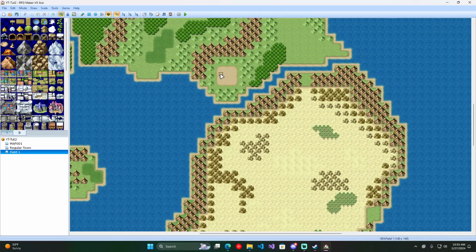And yeah, that's pretty much how you use VX Ace, and really honestly, any of the other RPG Makers are all universal. Every single one of them is pretty much the exact same as the others. So yeah,